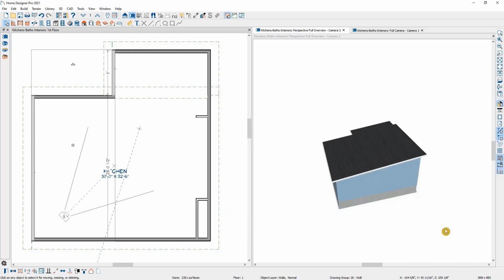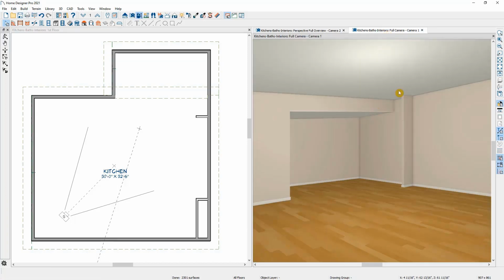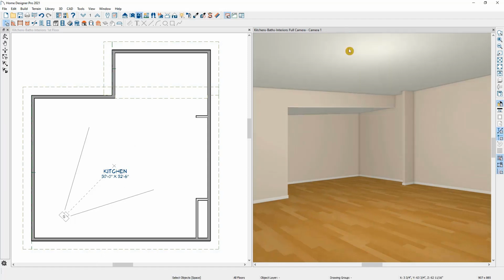And now our roof is going to be adjusted how we want it to, and if we look back in our floor plan view, we have that shed ceiling started. So next I'm going to close this perspective full overview since we don't need it anymore. So next in the dining alcove, you'll notice that the ceiling isn't the same height as the rest of the